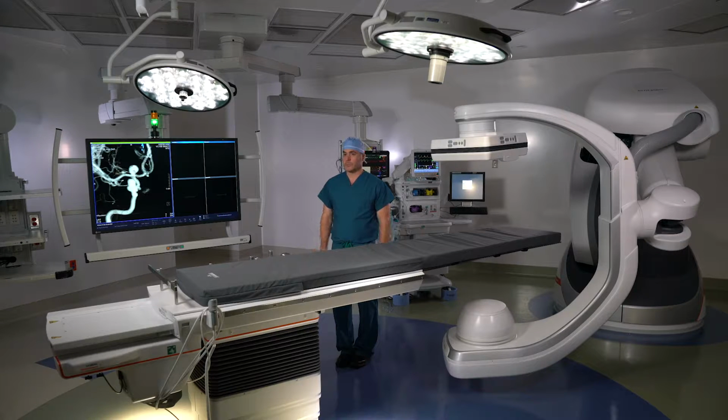At Baltimore Washington Medical Center, we treat a variety of vascular diseases, from peripheral arterial disease to aneurysmal disease to cerebrovascular disease. Traditionally, a lot of these surgeries have been done with an open technique requiring large incisions, a great deal of soft tissue damage, and significant patient discomfort and morbidity. The evolution of vascular surgery has been to progress toward minimally invasive approaches, and many of these conditions can be